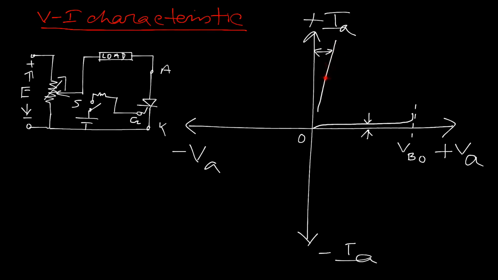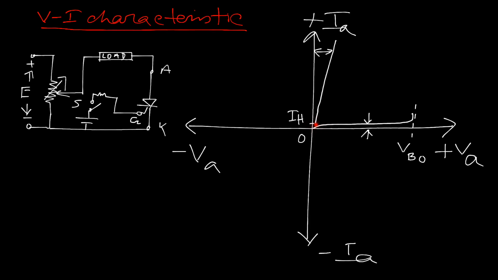So suppose we are trying to turn off the device, that means the anode current should be decreased, and it decreases after a certain time. See, up to this point the device had started conduction, but in this particular case the device is still not in the off state. It can be turned off if we again reduce the current to a particular value, up to this point, which is called IH. This is called the holding current. That means when the anode current of the device falls to the holding current and below it, the switch will be in the off state.